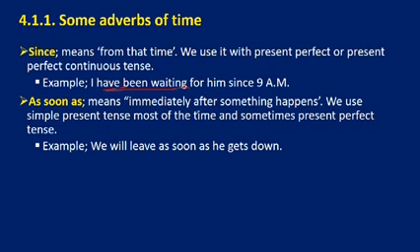and then we have as soon as ማለት immediately after something happens ልክ የሆነ ነገር እንደሆነ ማለት ነው ልክ የሆነ ነገር occur እንዳደረገ as soon as ማለት immediately after something happens so we use simple present tense most of the time አብዛኛውን ጊዜ as soon as ጋር simple present tense ነው የምንጠቀመው አንዳንዴ ደግሞ simple perfect tense ሊገባ ይችላል but that doesn't usually happen so usually as soon as ጋር ለመጠቀም comfortable የሚሆነው የሚያመቸን is simple present tense for example we will leave as soon as